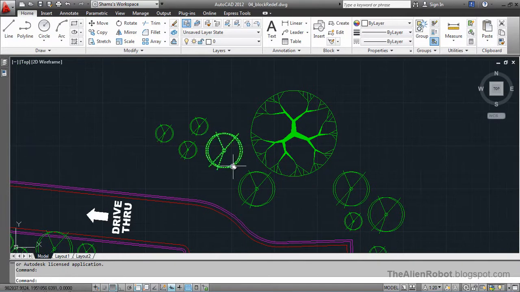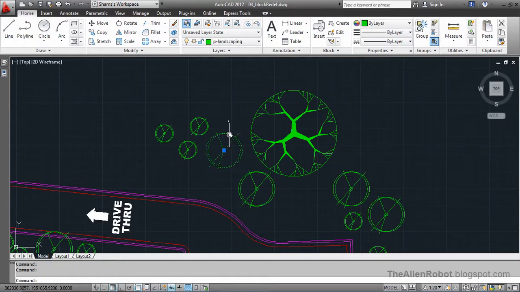colorize these trees. Now we normally colorize an object by filling those objects with hatches, and we had to fill it with a solid color there. Now we don't need to do that. We need to just redefine one block and all of the others will update automatically. Let's color these